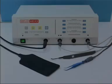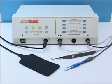In my Institute for Cosmetic Medicine in Berlin, I've been developing the MEK3 in cooperation with Martin Medizintechnik as a device for special treatments in the field of aesthetical medicine. This short film will introduce you to the possibilities of treatments in the area of minimal invasive cosmetic corrections and how to perform them. In more than 10 years of experience in the practical use of this latest modern high-frequency